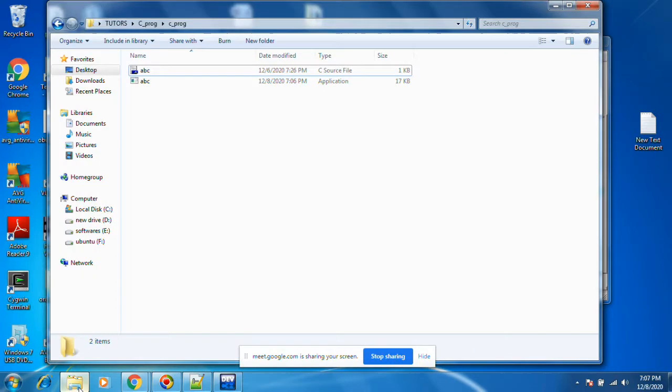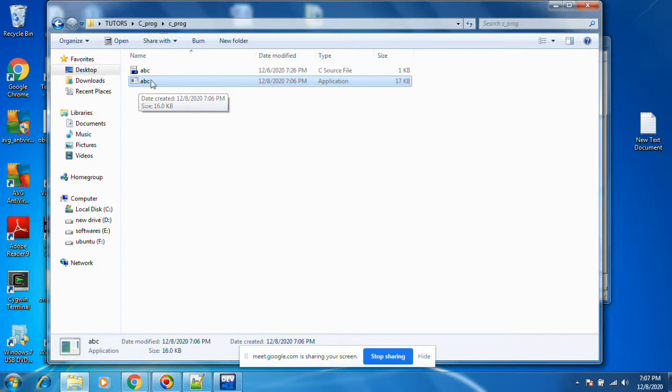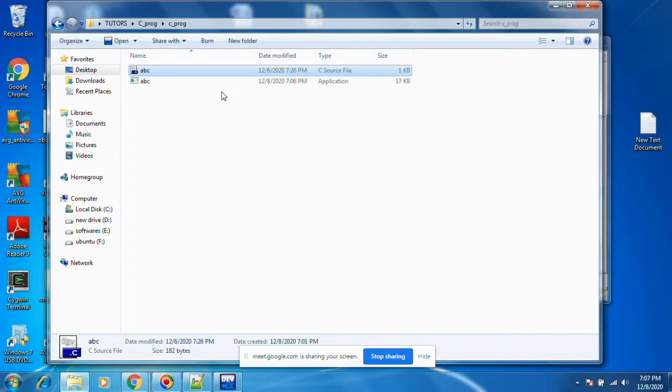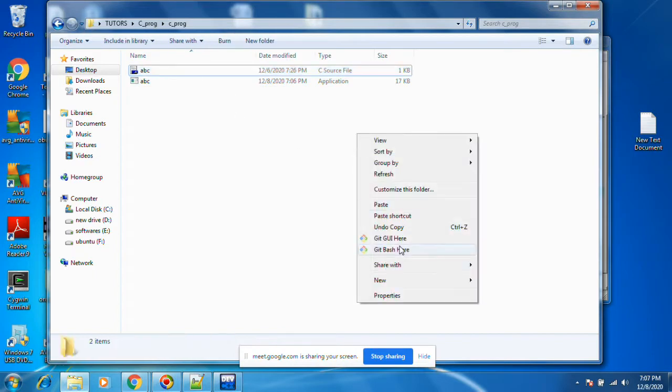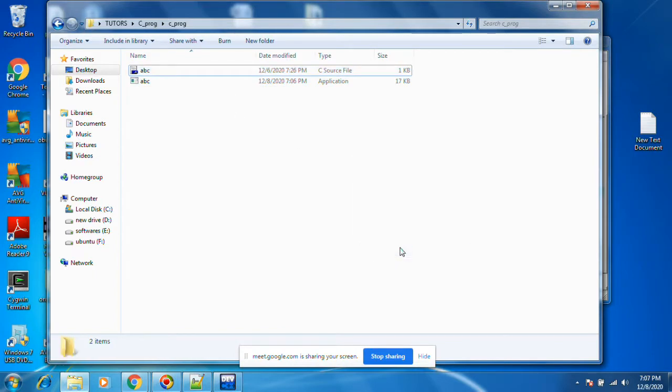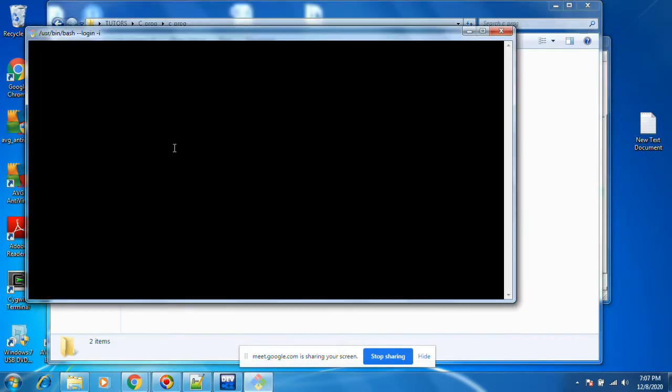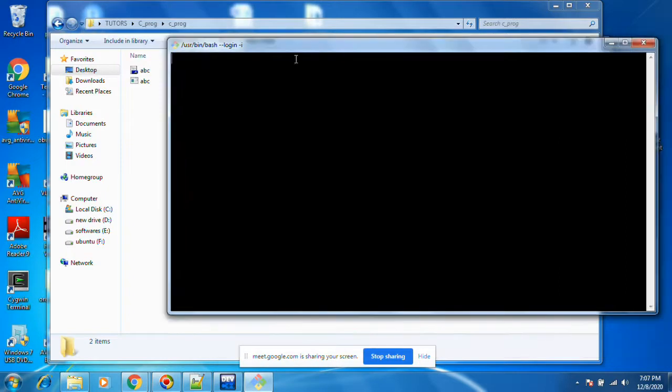If you go there, you see another file got created, with the extension .exe. This extension is .c. If you go to Git Bash, you see the extensions are not coming out. You can use the Windows command prompt also.